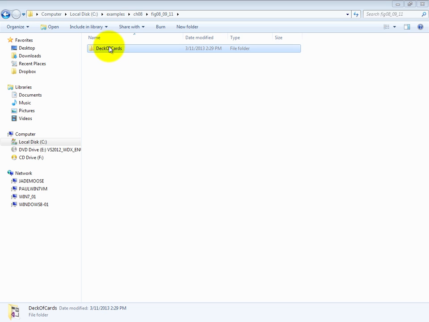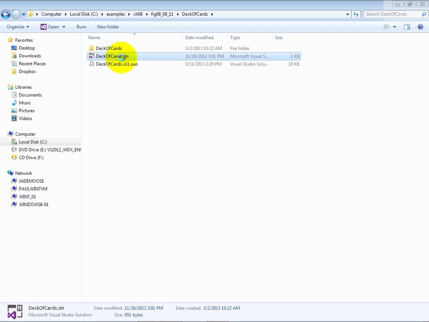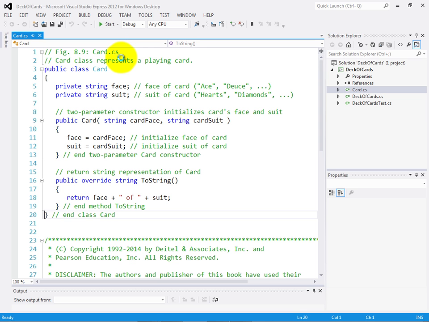And in the card shuffling and dealing simulation, we're going to have three classes that make up our app in this case. As you can see in the Solution Explorer here, we have a class called Card, a class called Deck of Cards, and a class called Deck of Cards Test. The test program is going to contain the main method that drives the app, and the other two classes will be used together to form a deck of cards and then allow us to shuffle that deck and deal the individual cards. So this might be the foundation of a card playing program, for example.